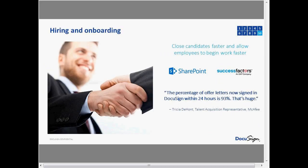Lastly, as Jen mentioned, about doing business on your phone. As more organizations try to attract the best talent in the marketplace, especially up-and-coming pharmaceutical or med device companies, they are looking to attract millennials and new employees to their growing businesses. And the ability to change that integration and make the experience delightful and high tech, the ability to onboard and accept a job on your phone or your iPad, really is a good starting point to